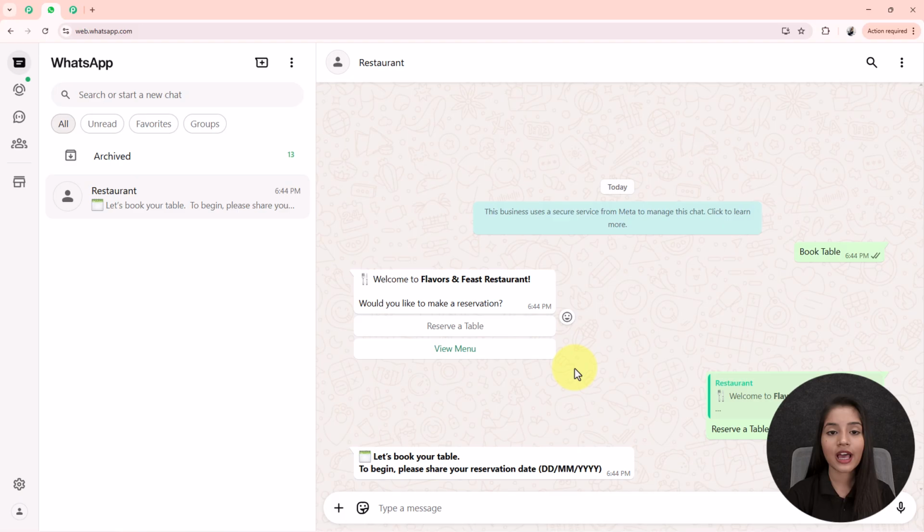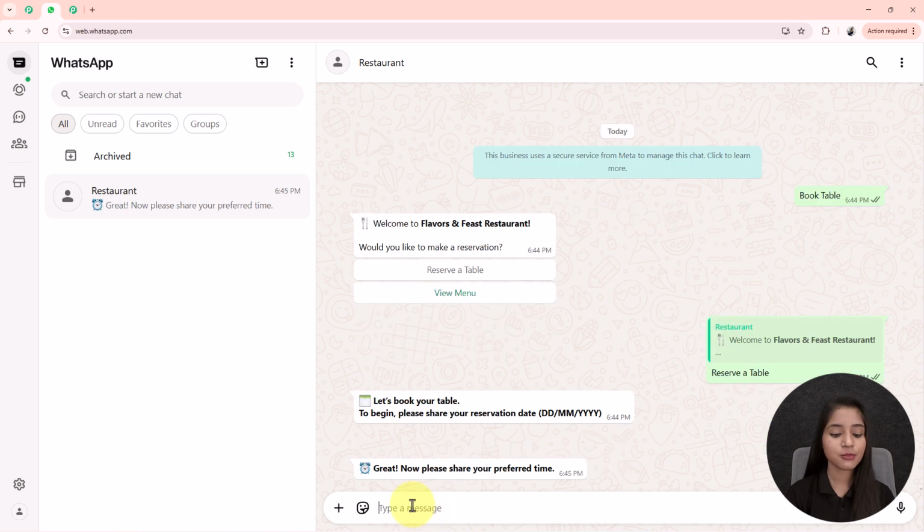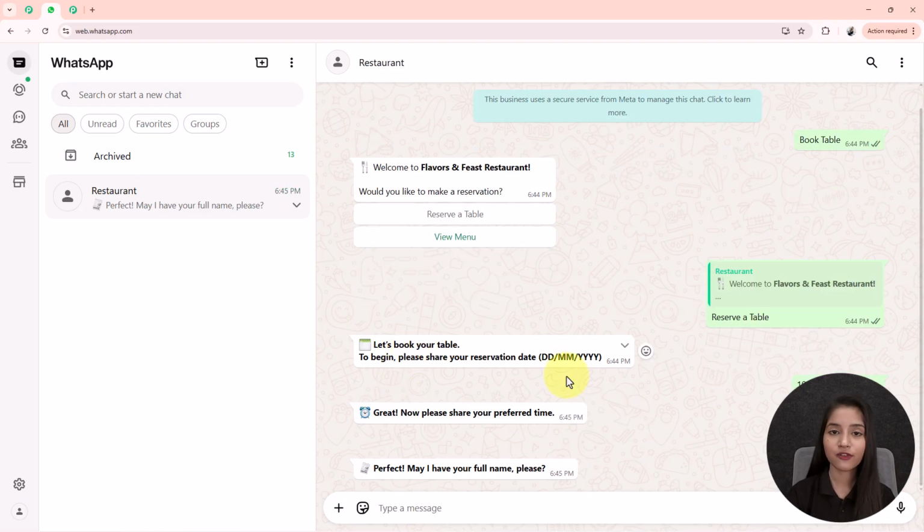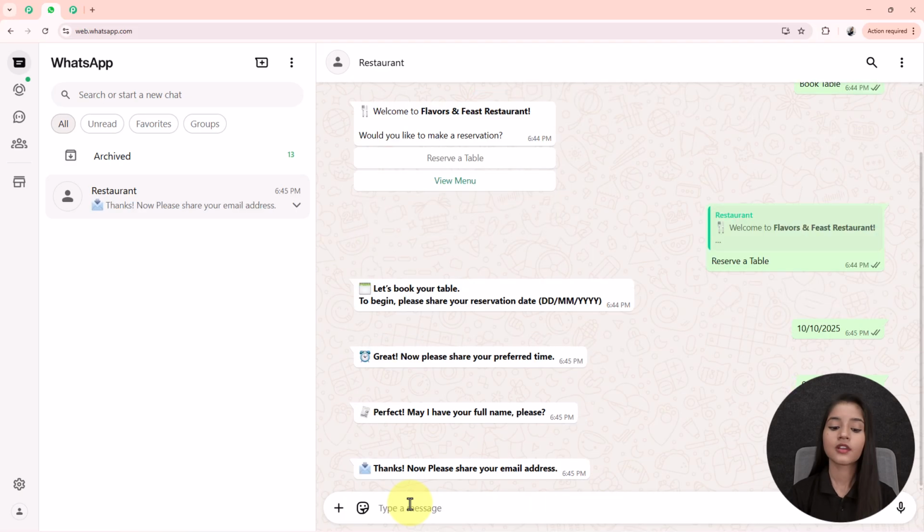Then you can see it will ask me for the date, when I would like to make the reservation. So I am sharing one date. Then it will ask me to share the timing, which I am going to share as 8 p.m. After that, it will ask me for my full name, so I am sharing my full name as test user. Then you can see it will ask me for my email address. So I am giving one test email address as